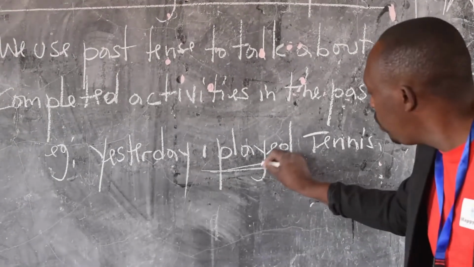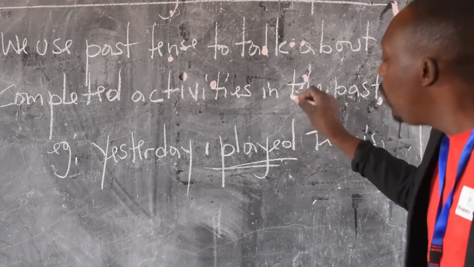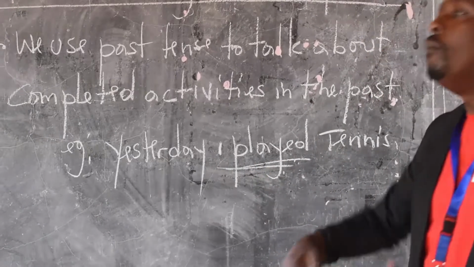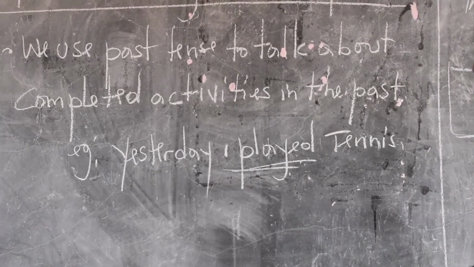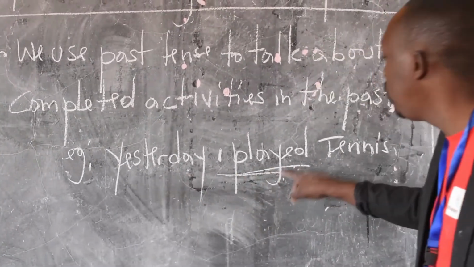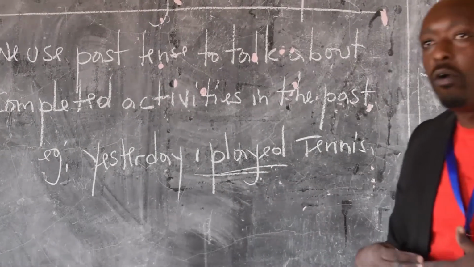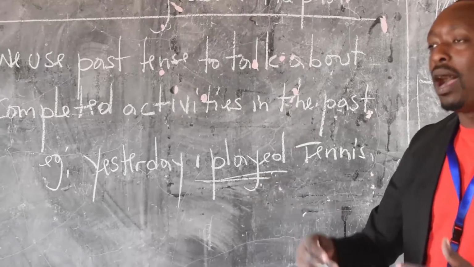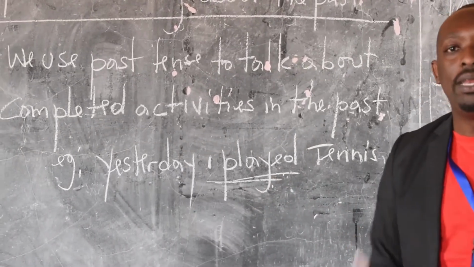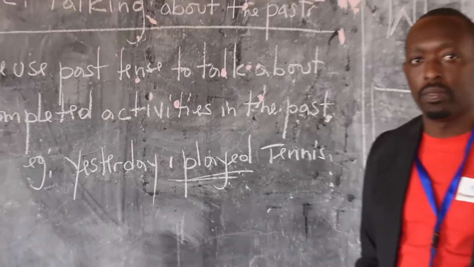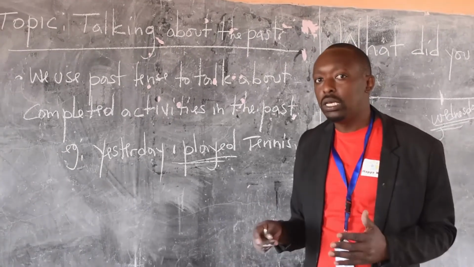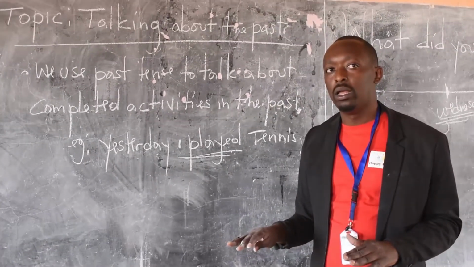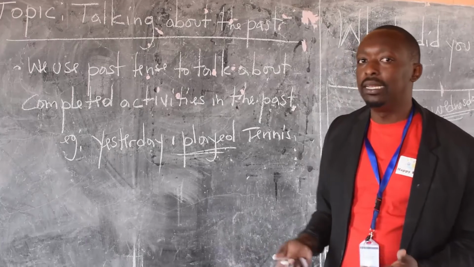So here we are using the past because we are talking about the time before today. So that's why here we are using the past to show that we have already completed this activity. So past is used to show completed activities. These activities are not going on. We have already completed them